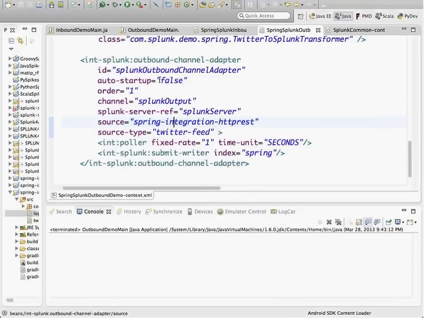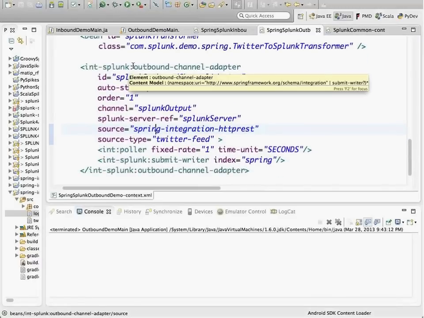So it's going to take that Splunk event object, and it's going to go and put that into the Spring index in Splunk, which is just a data store area where I want this data to live. And I'm tagging the event with a little bit of Splunk metadata. I can use these tags later to make it easier to search and retrieve the various events that I'm interested in.